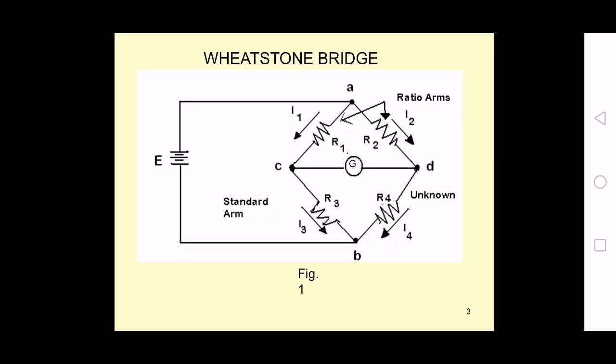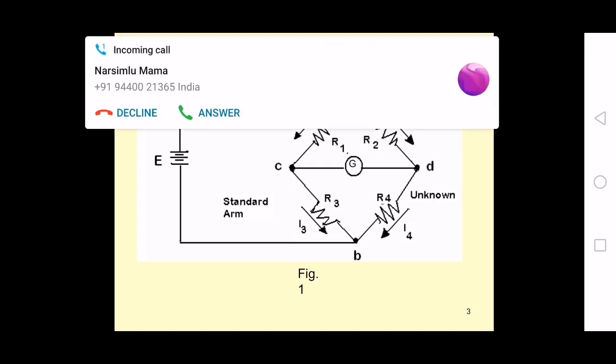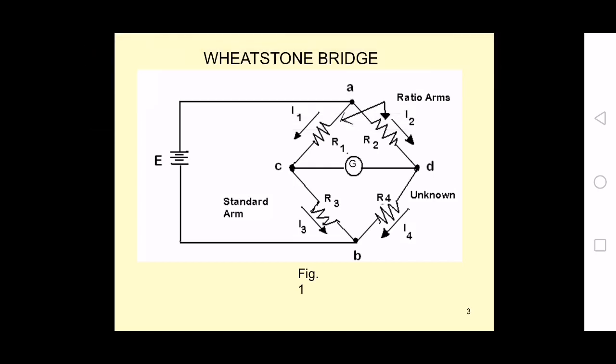So this is the Wheatstone bridge circuit. As I have already told, the bridge consists of four arms, having four junctions. So you will have the junctions A, B, C, D. For the opposite junctions A and B, you are connecting the DC power supply. For the C and D junctions, you are connecting the galvanometer or null indicator.